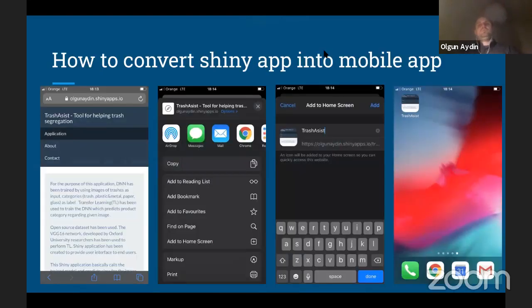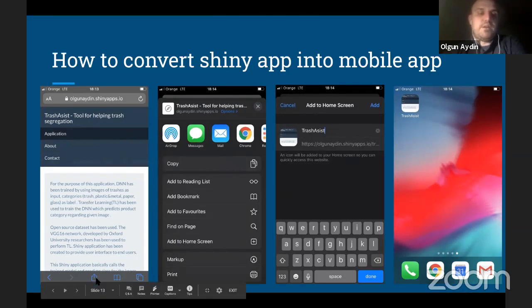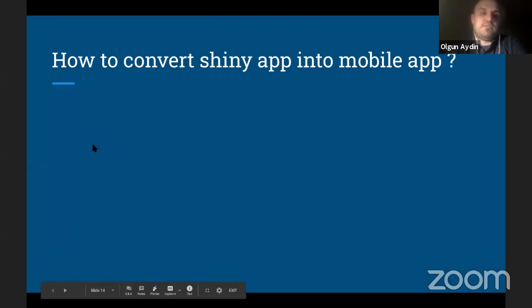Let's just move on, and let's take a look at the tricks. So we were mentioning how we can convert a Shiny application into a mobile app. If we can call it a mobile app, as you know, on iPhones, when you land on any web page from the Safari browser, there is a share button, and this is actually the